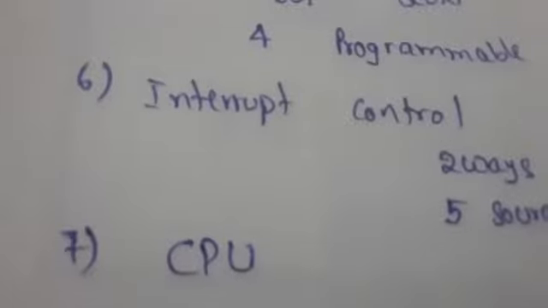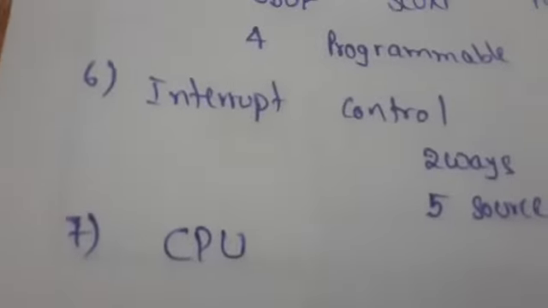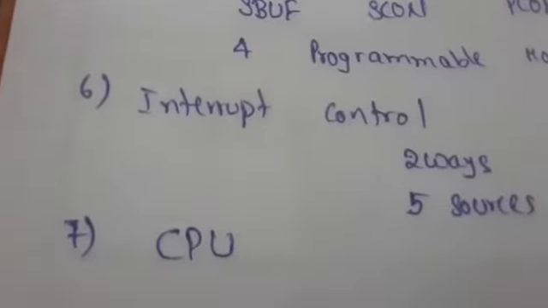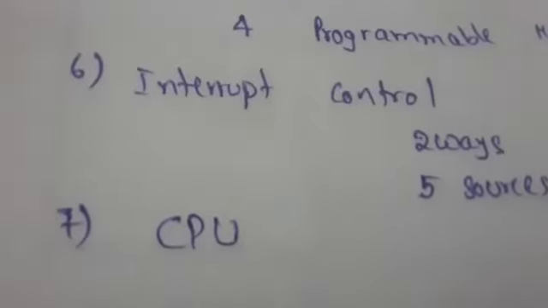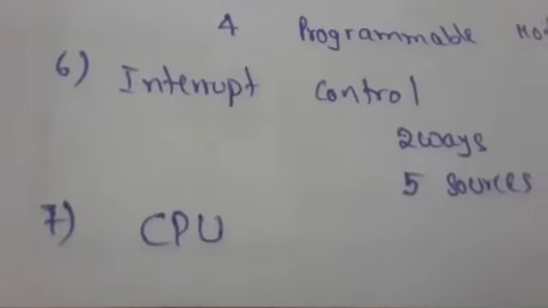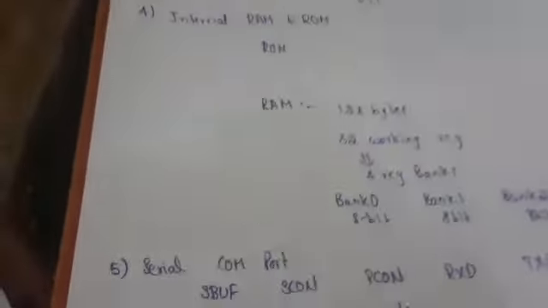Now come to the last block, that is the CPU. In the 8051, the system bus connects all the support devices to the CPU. This one is the main part in the 8051 microcontroller, that is the central processing unit, CPU. So these are the main blocks of